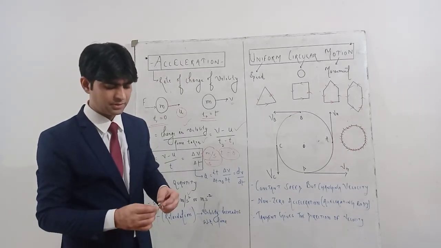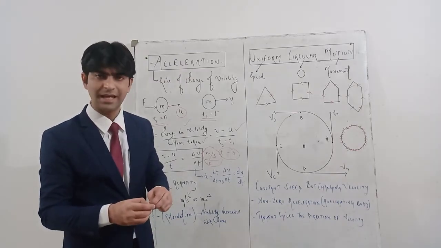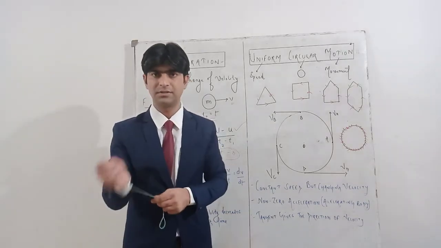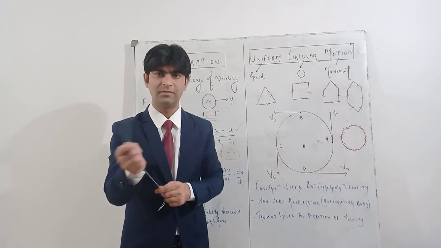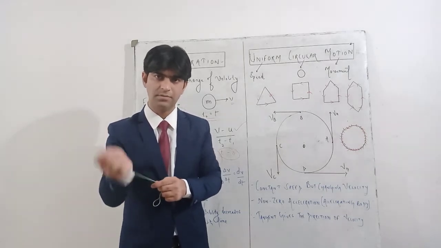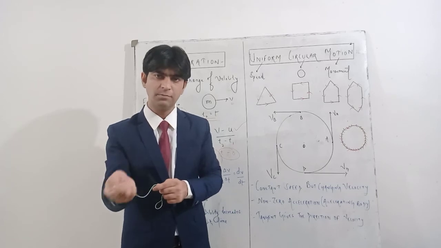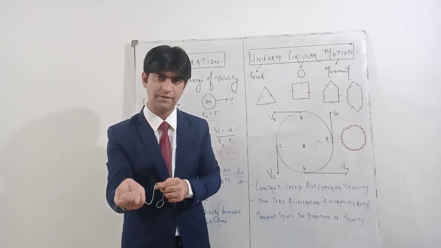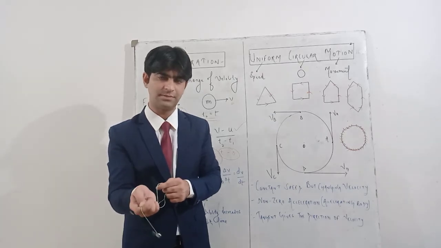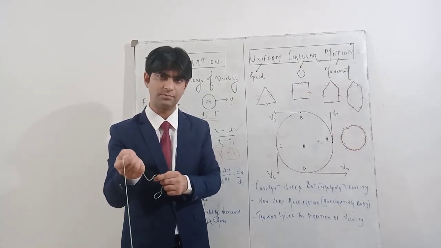Now if we talk about tangent, I have shown you the movement of the metallic bob just now. Again I will show you. This is the movement of the metallic bob in uniform circular motion. If I leave this bob, that means if I stop applying the force, I have stopped applying the force. So see, this bob comes to rest.